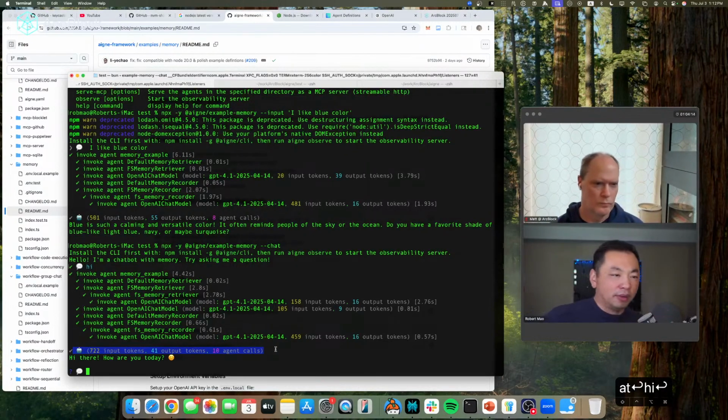So in ArcBlock, ArcBlock's ABT token is all about being a billing unit, a computing unit. It's all designed for this, because in real production, you need a billing unit that runs across your software to know how much resource you have allocated for this client to do this, right? For example, for this, I simply said hi. It consumed 721 input tokens and 41 output tokens, right? But how much do those tokens cost?